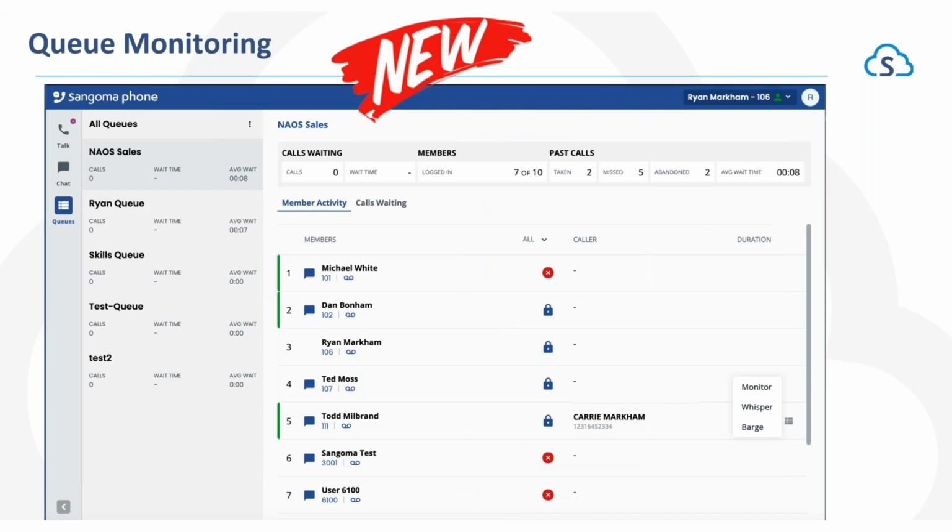This is something new, also on the desktop app. The desktop app works on both Apple and Windows. Now you can add an addition to the softphone module, Sangoma Talk and Sangoma Phone. But this is only for Sangoma Phone, so on the desktop, you can actually queue monitor. This is brand spanking new, and through this module, with of course the right permissions, if you are a manager, for instance, on the app now, you can actually monitor, whisper, and barge